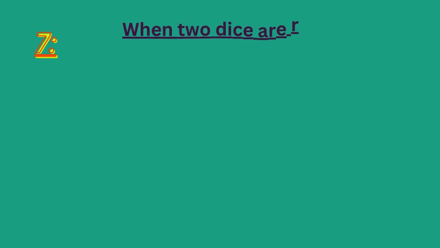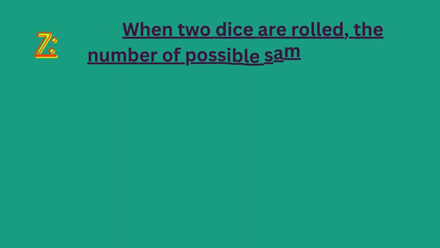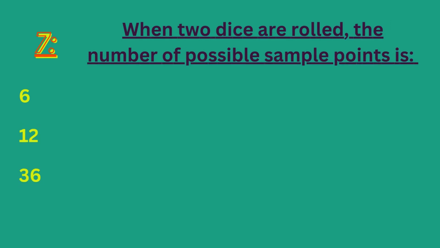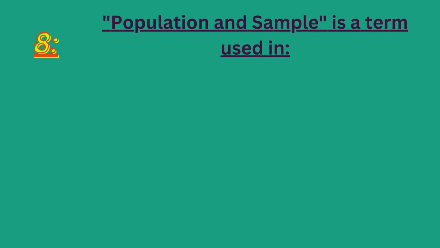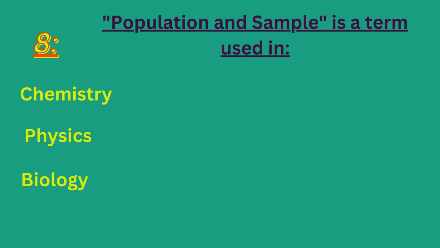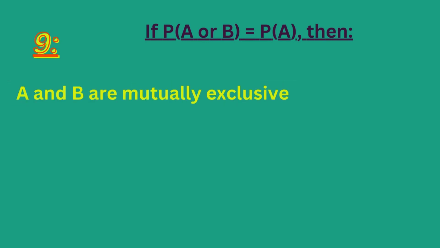When two dice are rolled, the number of possible sample points is 6, 12, 36, 48. The right answer is... Population and sample is a term used in chemistry, physics, biology, statistics. The right answer is